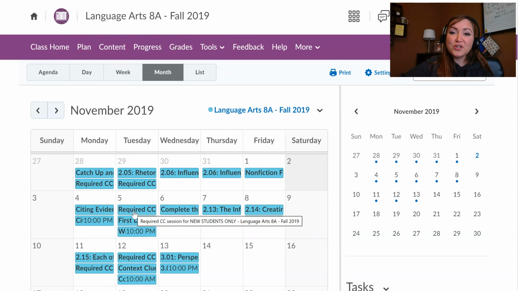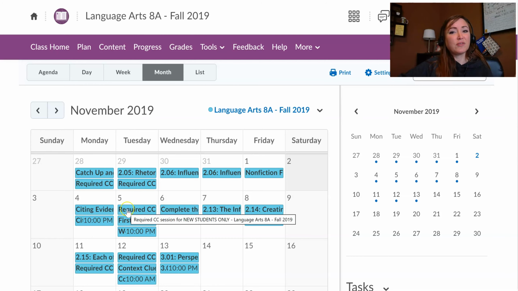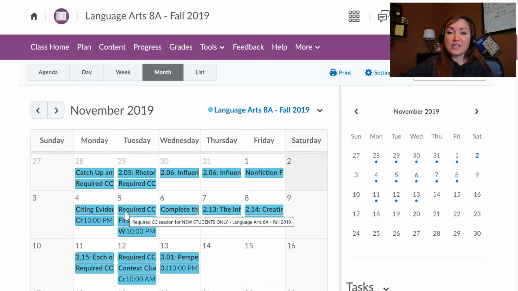But we will be having a CC session, just us as new students. There's 14 new students to our class. And in that CC session, we'll be just talking about our course, a time to ask questions, a time to work on some of those first assignments, and get to know one another. So that'll be our first live class session, and that will be on Tuesday at 2:30, and it will show up on your schedule, okay?